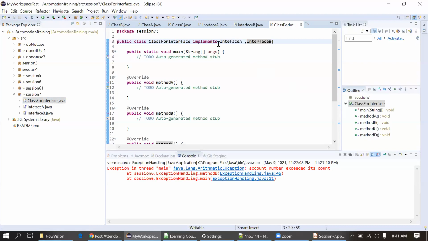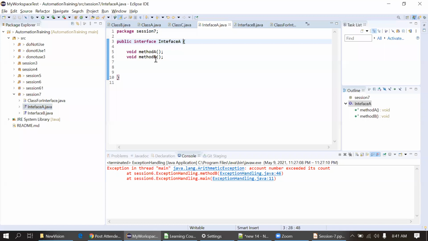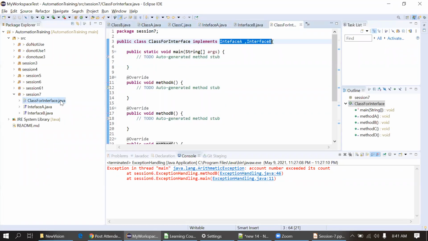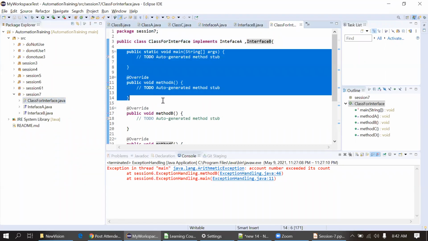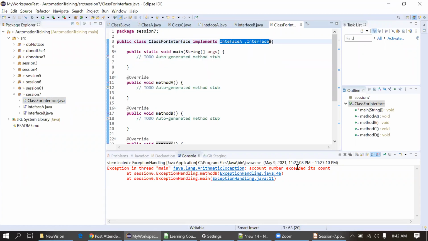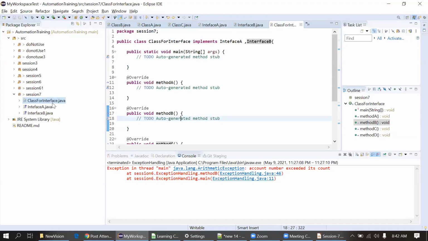Either you can implement both the interfaces here in a single class, or you can just use the extends keyword in the interface here, and extend the other interface. So all the methods present in that second interface will come to this interface A. And whenever we are implementing this interface A, the class will ask to implement all those methods forcefully, in the class where we are implementing those interfaces. Okay, any questions here? This is for multiple inheritance. Just remember this, if you need this kind of requirement, you have to implement it in this way.